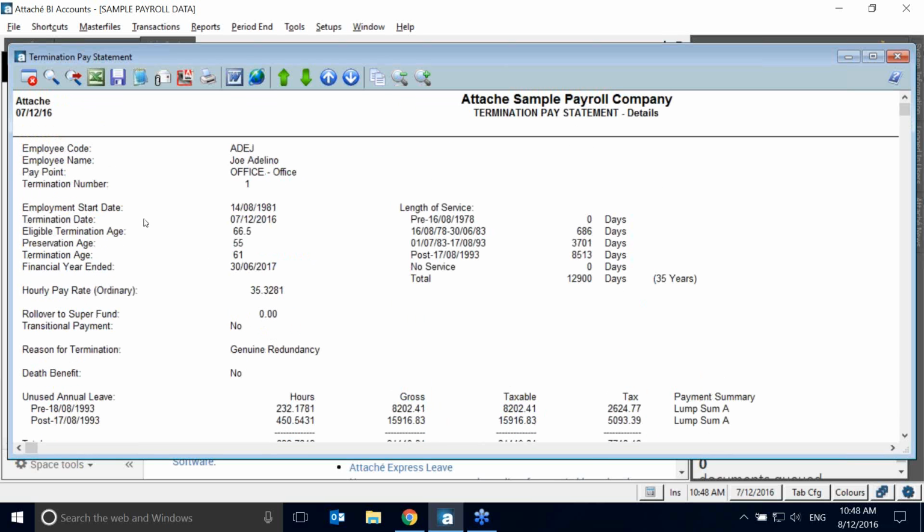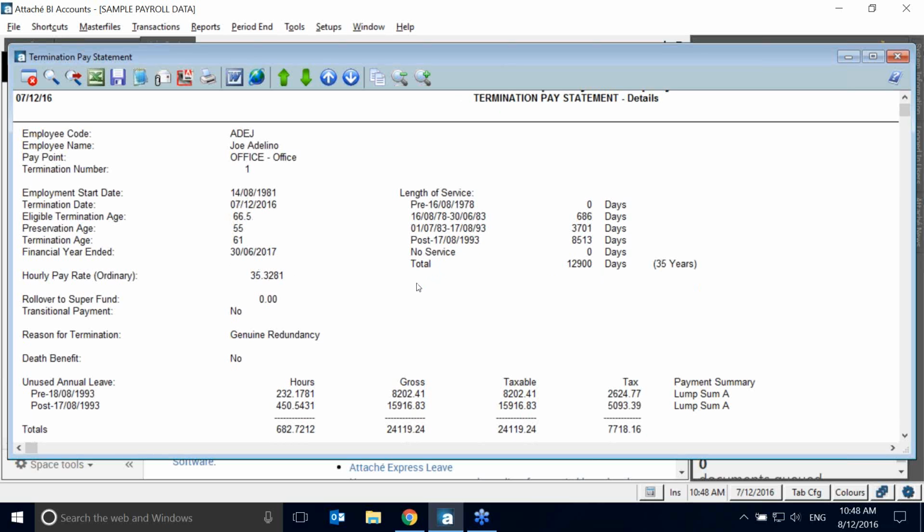So what it then populates for you is basically all the information that you've entered or that has pulled from the employee master file. So employment start dates, termination date, age, obviously it's listing the preservation age because of when the employee was born, termination age, and then through to the length of service, and then a little further down